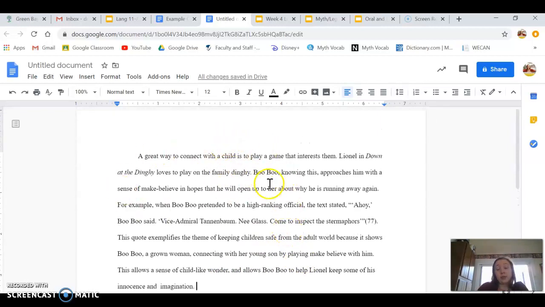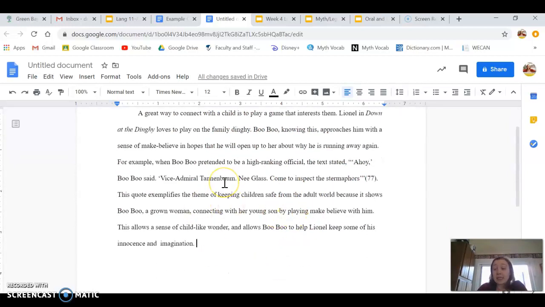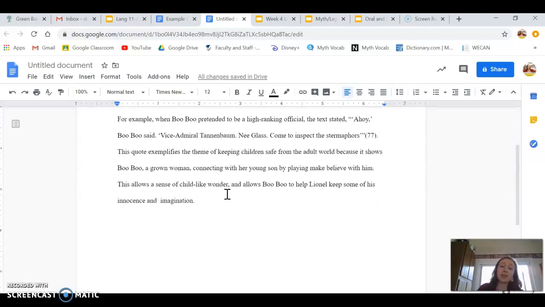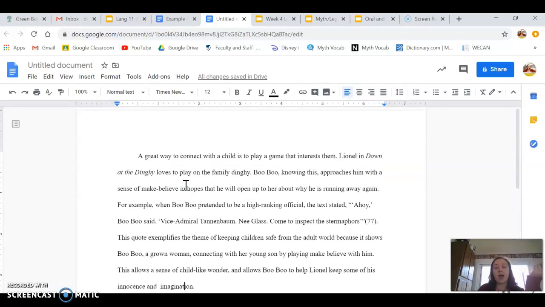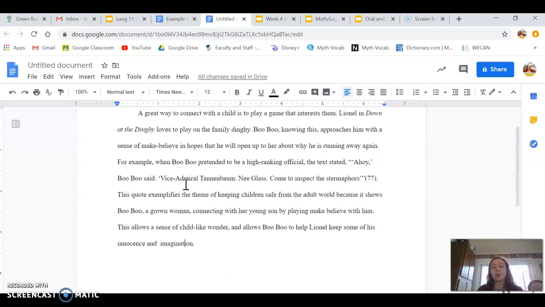I would intro the paragraph, intro the quote, and then connect it back to the thesis statement. So I'm showing that I understand that this is what quote is supporting it, and this is how it's supporting it. And then you would maybe add another sentence transition, or you just move on to your second paragraph. If this was a longer literary analysis and you were using outside sources, you would definitely have to have multiple paragraphs